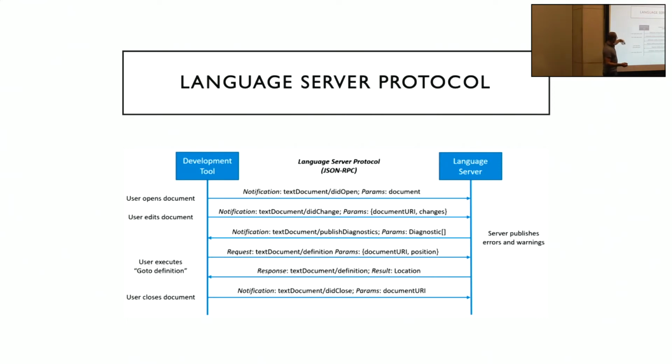So when you open a document, the development tool will send a notification, say textDocument/didOpen, and it will provide the URI of the document being opened. Then the language server will be able to say, oh, there are some issues in your source code, so you just publish some diagnostics, and it will be up to the IDE or to the client to display all the information or diagnostics that are available on a given source code.